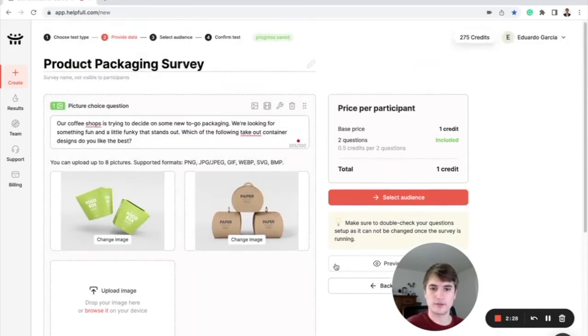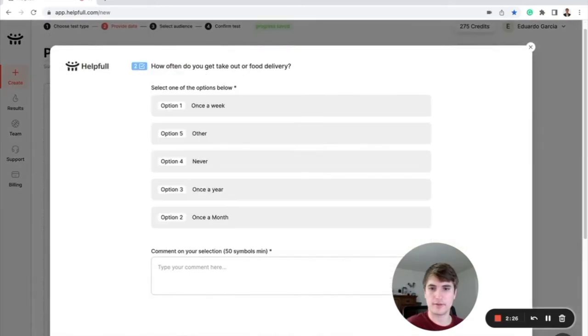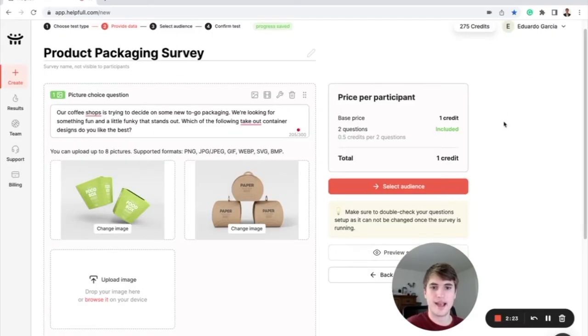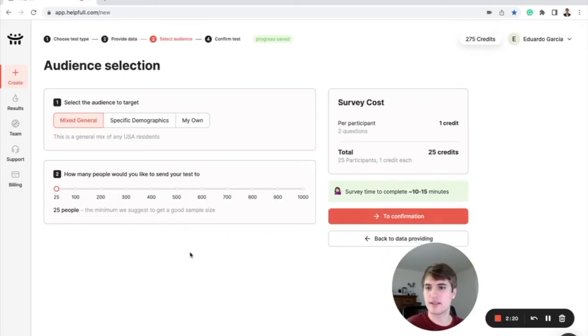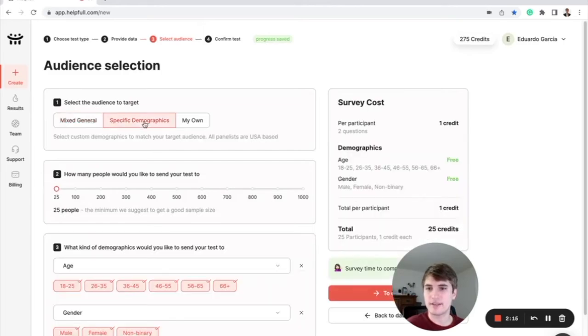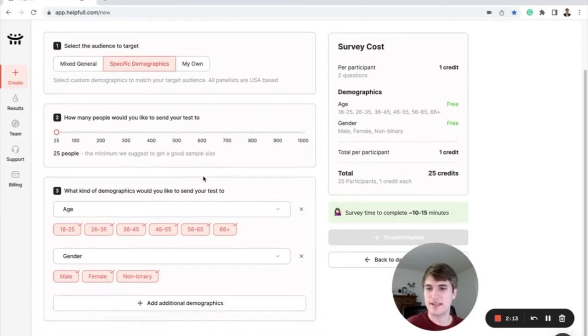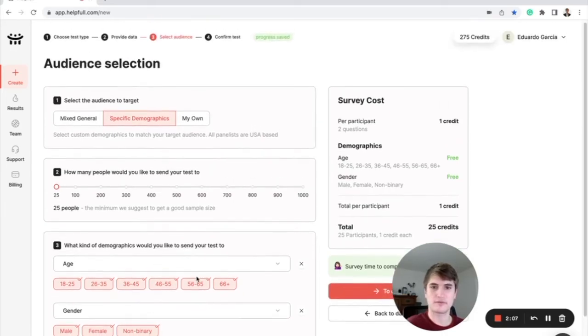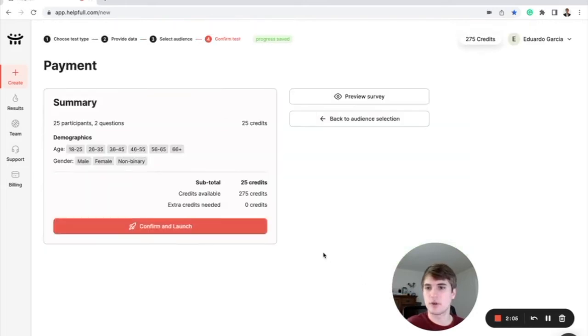So right now what I can do is preview my survey just to make sure everything is looking okay. And I can proceed to select my audience. So I'm going to leave it at 25 participants. And if I desire, I can also select specific demographics. In this case, I'm going to leave it because any age or gender would be welcome for my survey. So I continue, and once I corroborate my demographics, the amount of participants, and the cost, with which, by the way, this is a lot cheaper than anything else out there that I have personally used,